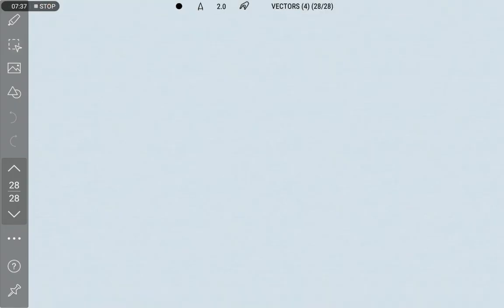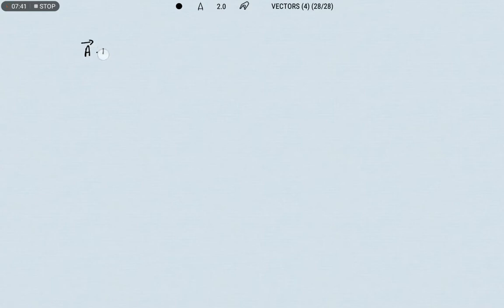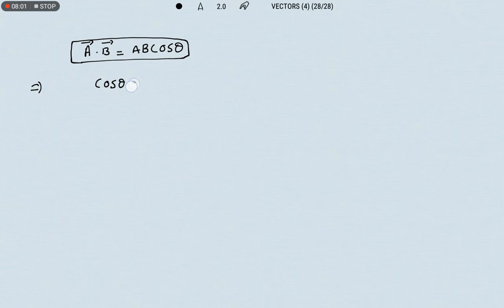Let us get into some more detailed explanation of that. We know that A bar dot B bar is equal to AB cos theta. If theta is not given, and they are asking what is the angle between the vectors, we can find the angle between the vectors from A bar dot B bar divided by AB. Sir, what are A and B here? A and B are magnitudes of vectors A bar and B bar. With this value we are going to find out the angle between them if A bar and B bar are given. And in the same way,